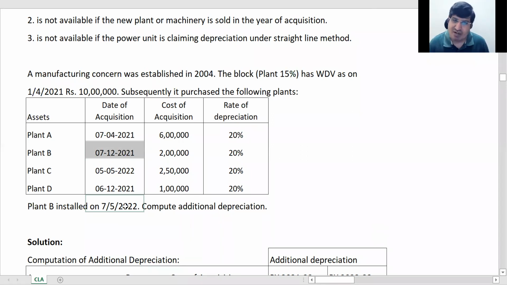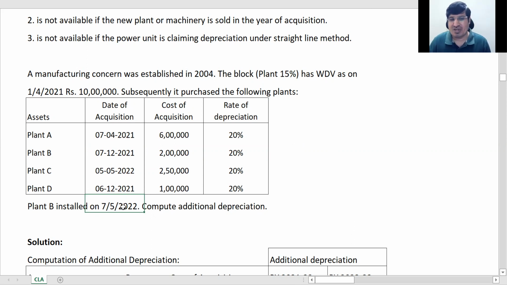सो इन बोथ केसेस डेप्रिसिएशन का जो ट्रीटमेंट हो रहा है, योर एडिशनल डेप्रिसिएशन ट्रीटमेंट विल बी कंसिस्टेंट विद दैट। अगर डेप्रिसिएशन पूरा आप इस साल में ले रहे हो, एडिशनल भी आपको इस साल में मिल जाएगा। इफ डेप्रिसिएशन इज मूविंग टू नेक्स्ट ईयर, एडिशनल विल आल्सो मूव अलोंग विद इट। Additional depreciation is just an extension of depreciation. सर मैं डेप्रिसिएशन की ही बात कर रहा हूँ। अगर ये अक्टूबर से पहले होता तब नहीं मिलता, क्योंकि ये पुट टू यूज नहीं हुआ। नहीं, मैं ये बोल रहा हूँ कि डेट ऑफ एक्विजिशन 2021-22 में कहीं भी होता, कोई फर्क नहीं पड़ता, बिकॉज आपका इंस्टॉलेशन नेक्स्ट ईयर में जा रहा है, अगले साल ही मिलता आपको।